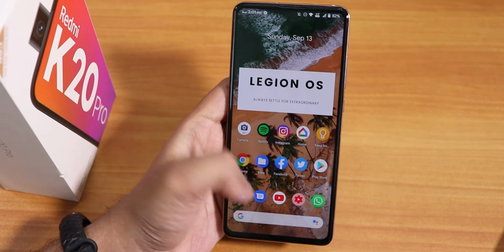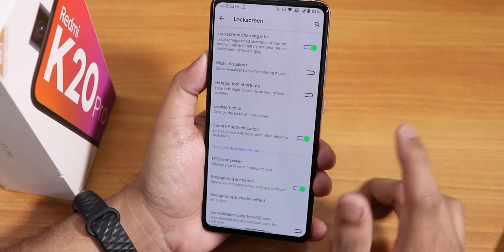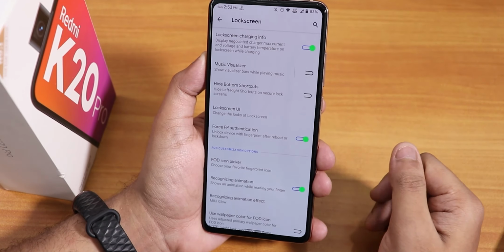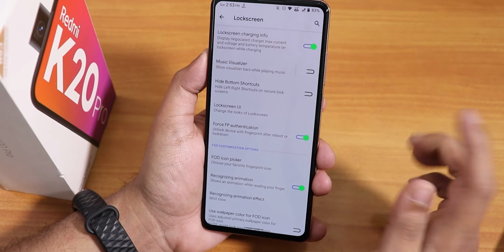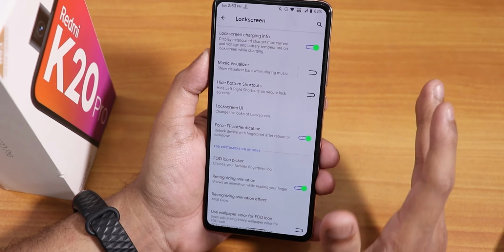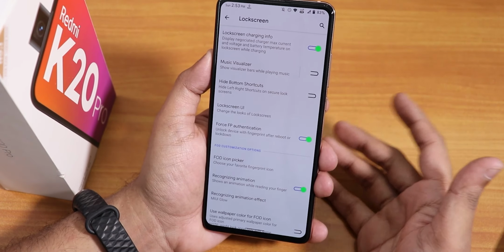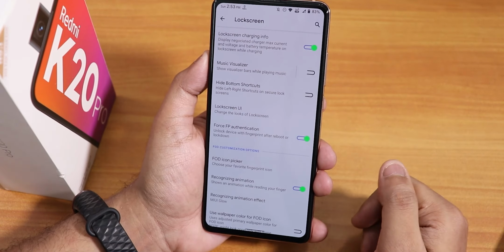If you have decrypted storage, I have flashed the ROM with fcrypt disabler over here. If you have no idea what I am talking about, you can just tap the card right there on the corner and you can flash the ROM with decrypted storage. And I have done that, and right now with this force fingerprint authentication feature turned on, it is actually working. So I can reboot the device anytime and use the fingerprint scanner to unlock the device. I do not have to enter PIN every time I reboot. That is what I'm trying to say here.